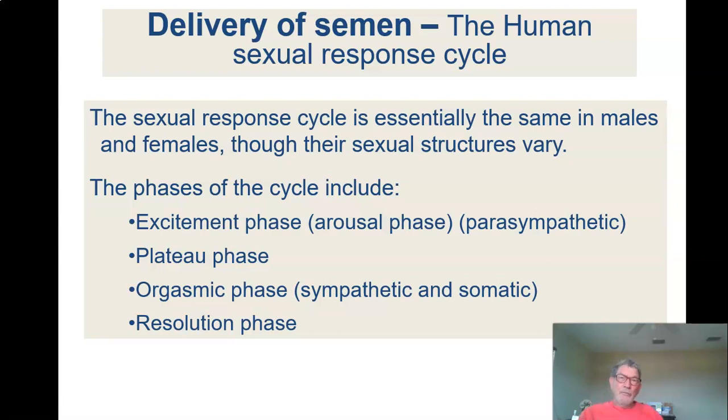The human sexual cycle, or the delivery of the semen into the female, is broken down into a few phases. The arousal phase, or excitement phase, is parasympathetic. The parasympathetic nervous system causes erections. Remember, sympathetic is fight or flight. An erection wouldn't help you run away from a lion. Okay? So parasympathetic